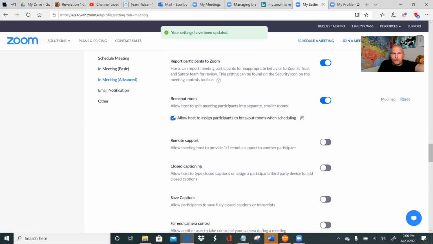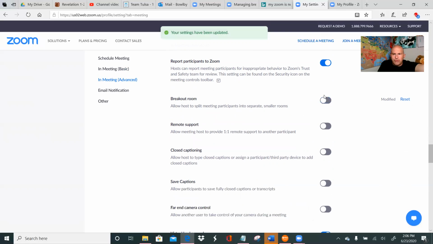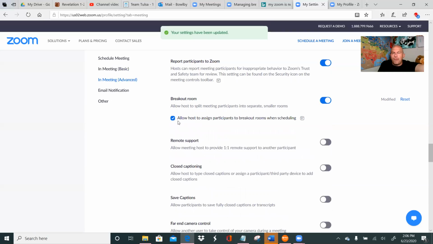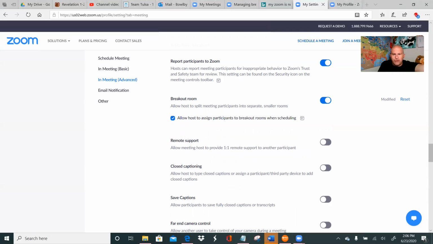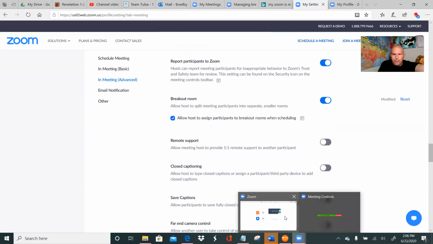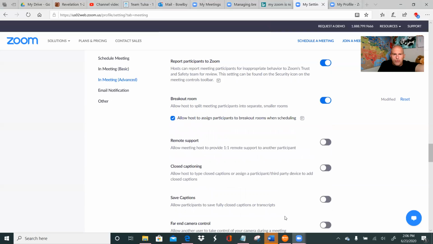So this basically allows you to assign participants to breakout rooms when scheduling. So you just click that, and then you can assign the rooms before you even set up the Zoom meeting. That way they can go into the breakout rooms when it's time to have breakout sessions. So this is really kind of cool for large staff meetings that we want to have teams break out into. So you go here,